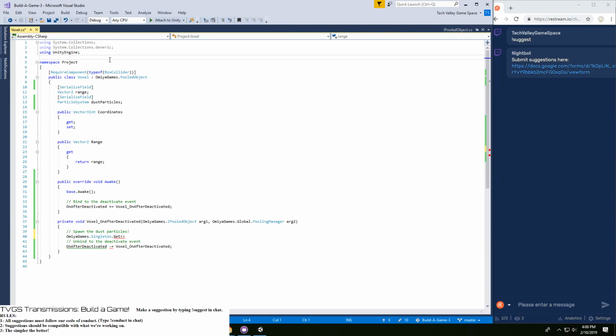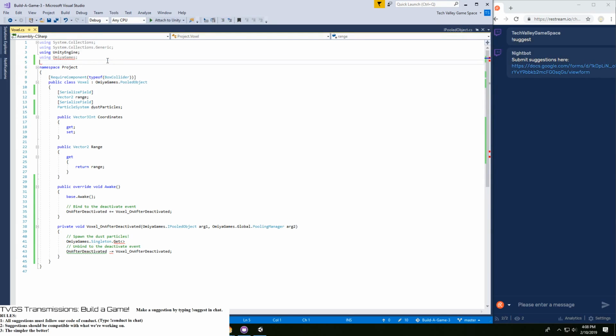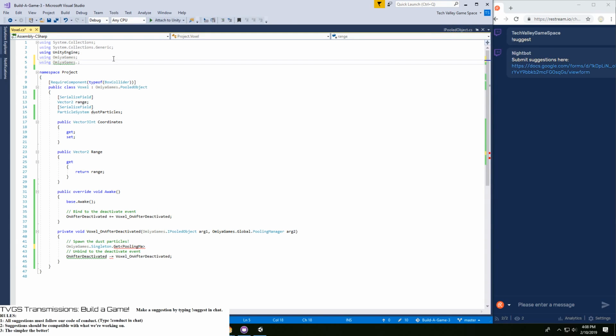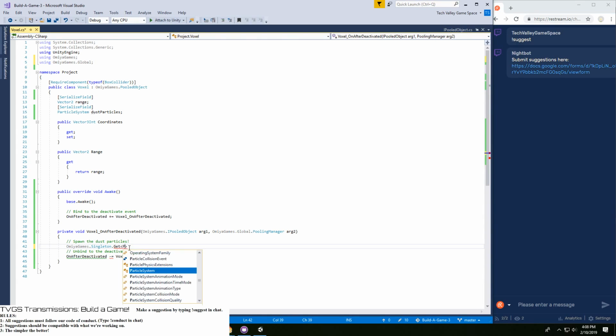I should just use using Omiya Games because it looks like I'm going to need a lot of those. Get. Oh, I need global too. Oh, the pooling manager is right there. What am I talking about?